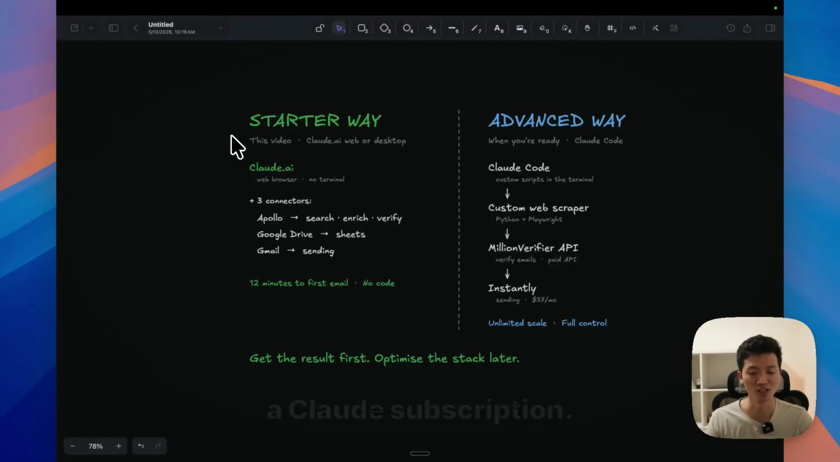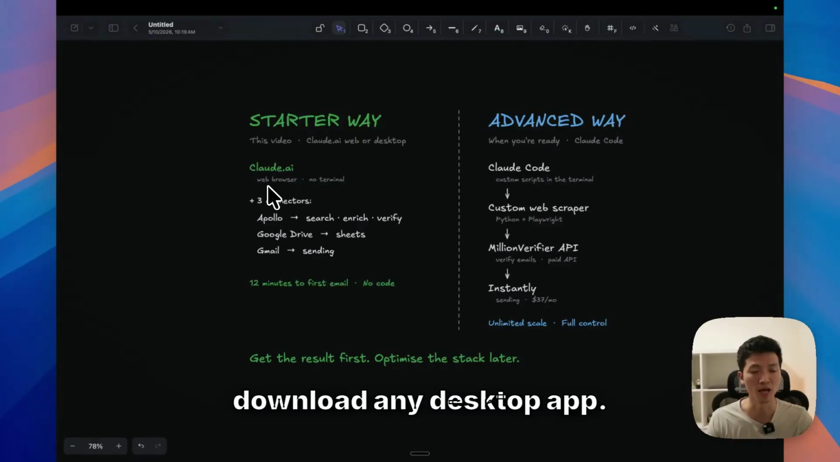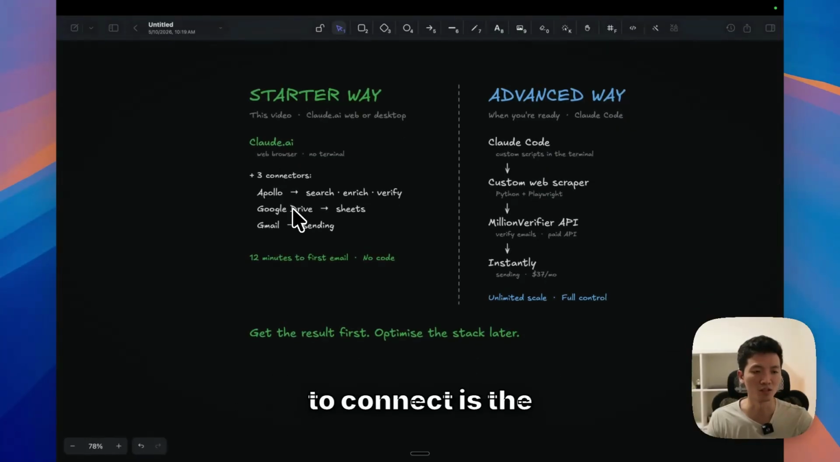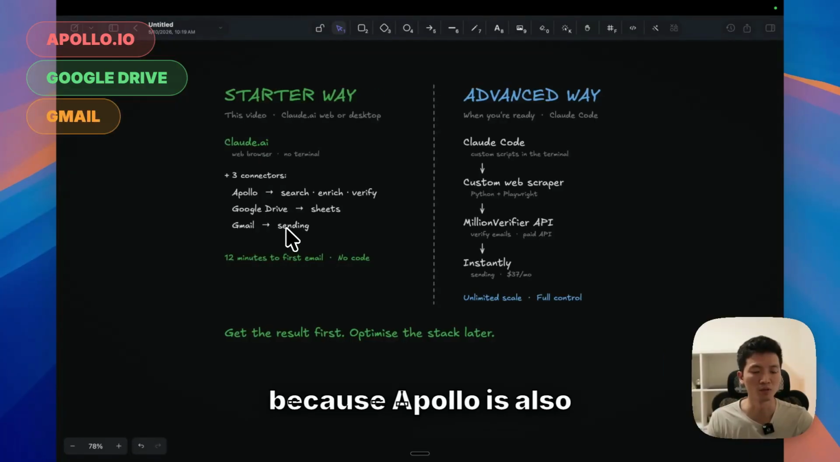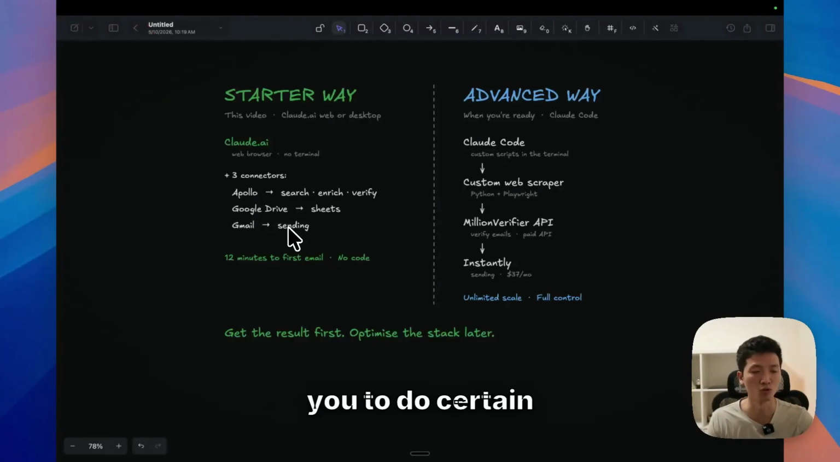All you need is a Claude subscription, the lowest tier. You don't need to use any terminal or download any desktop app. The things you want to connect are Apollo, Google Drive, and Gmail. Apollo is also paid software, but it allows you to do certain things on the free tier, and I'll show you what we can do with it. And if you're curious about how you can advance into the Claude Code universe, I have another video in the